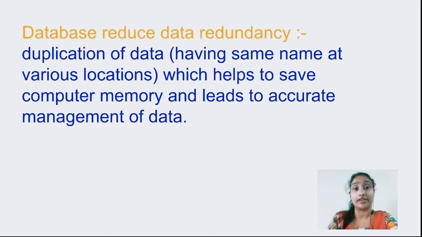Database reduces data redundancy. The word redundancy means duplication. That is, data redundancy means duplication of data having the same name at various locations. Reducing it helps to save computer memory and leads to accurate management. Such as, for example,